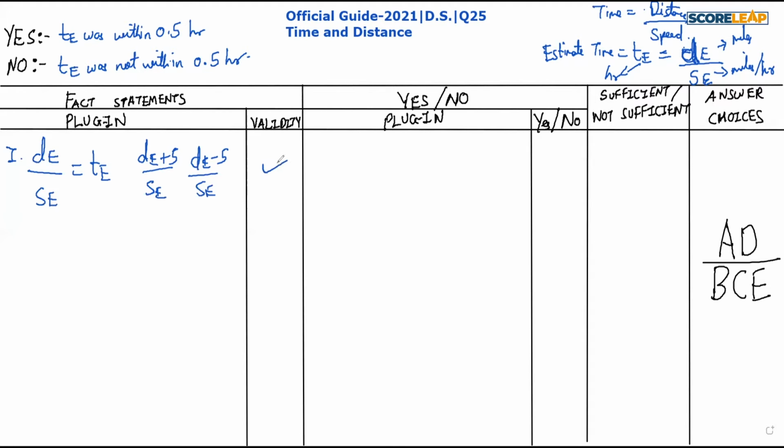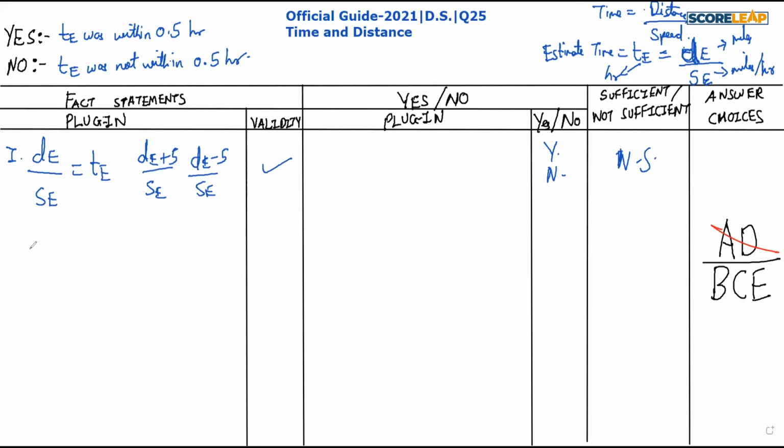Okay, so a validity check will be done in all the cases. We can take some examples, but whenever we are given two variables and data of one variable is given while the other variable is missing, it means that statement is not sufficient directly. We can get a yes or no over here. We don't need to plug in values. So statement 1 is not sufficient, and option A and D are gone.